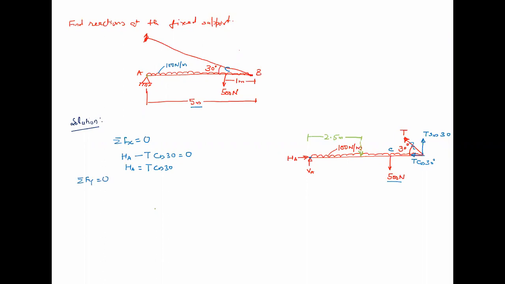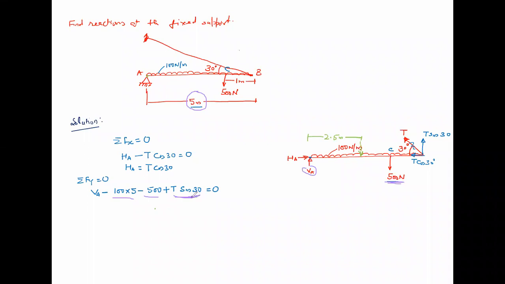Right, now balance vertical forces. It will give you VA. So this is VA. Now 100 into 5, because this UDL is applied over the complete span, and the complete span length is 5 meters. So total force will be 100 into 5. Good. Next, this 500 Newton force is acting at point C vertically downwards, so you will get 500 here, and T sine 30 is this one.